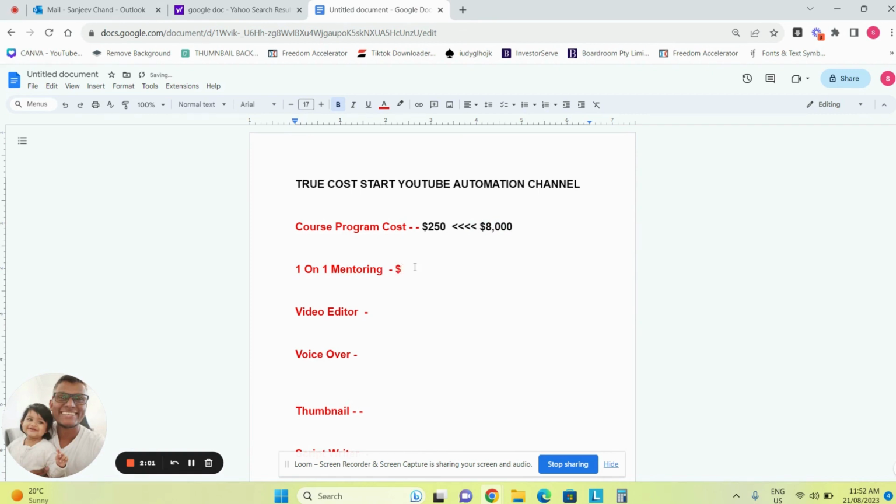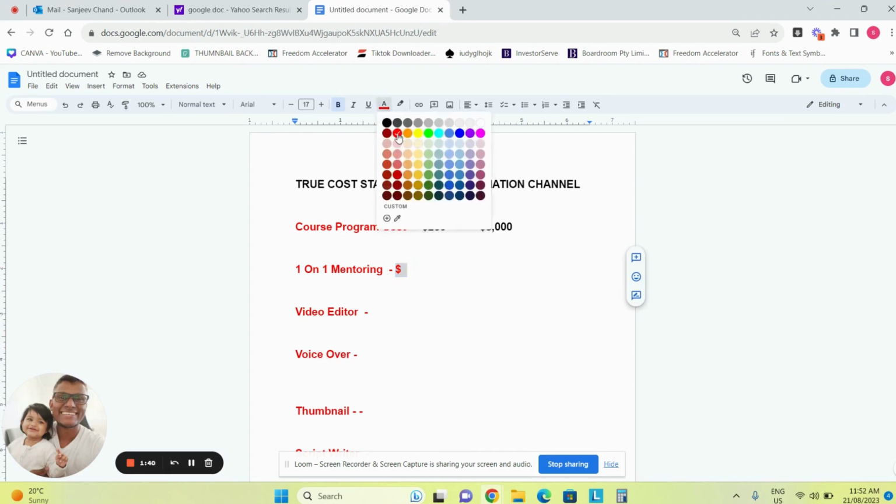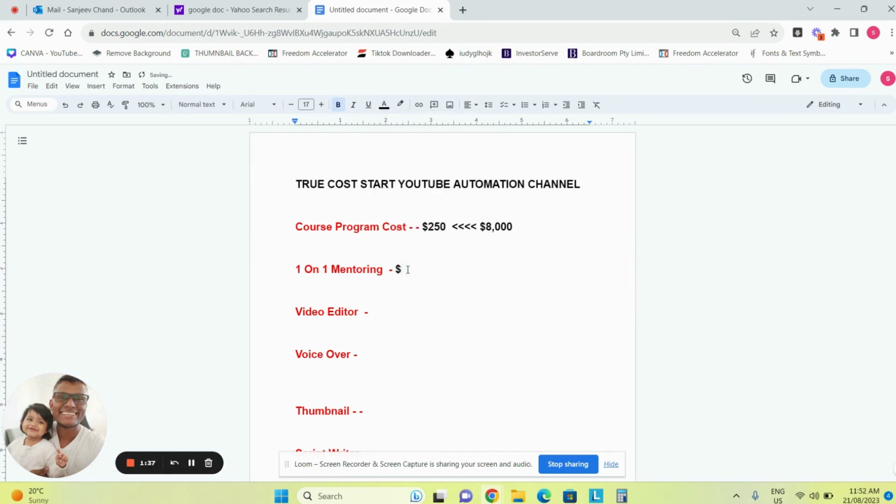That's where I'd want to start. If I want to do any business model, I want to learn from people who have actually achieved what I want to achieve, rather than just figuring things out on my own. So cost wise, you're looking at $250 per program, but if you want one-on-one support, that's a bit costly, but it's going to be the best way to move forward. So I say here between $250 all the way to $8,000 just to get the program and course.